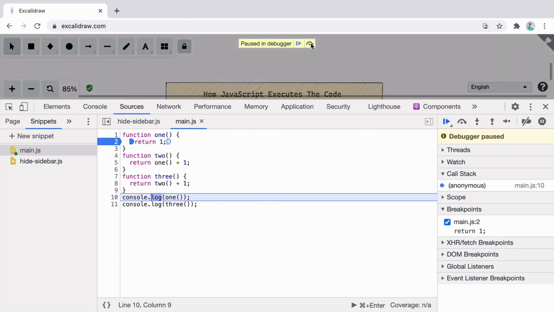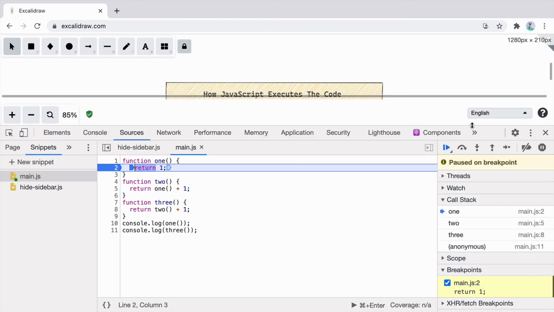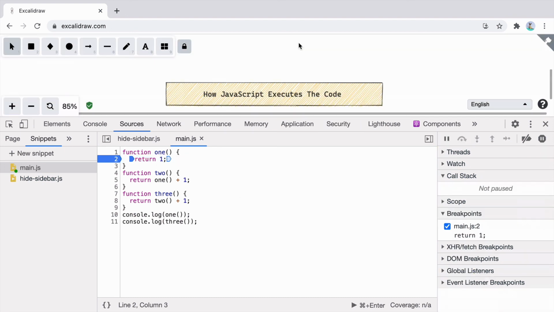If you keep clicking on it, you'll see this function is going to get called. And at that point of time in the call stack, you have an anonymous function. Click on it again. Now console.log 3 is going to get called. As soon as that is called, in the call stack what do you see? You see 1, 2, 3, anonymous. Now here, if you try to imagine how we were managing our call stack, you would see that we had console log, then 3, then 2, and then 1. So you can see that the call stack we created here is very, very similar to how it is inside the browser. You can click on this button to resume the script execution and you're back to normal. Now you can close this.